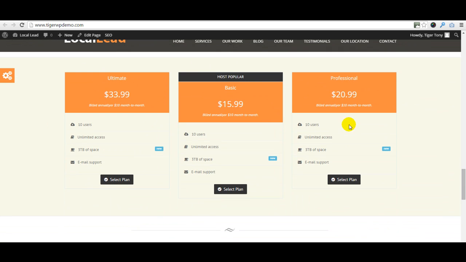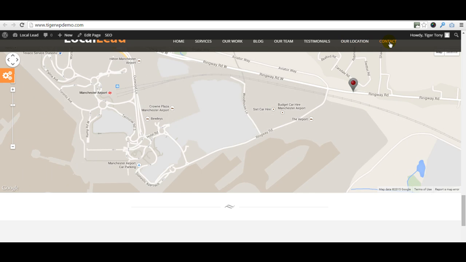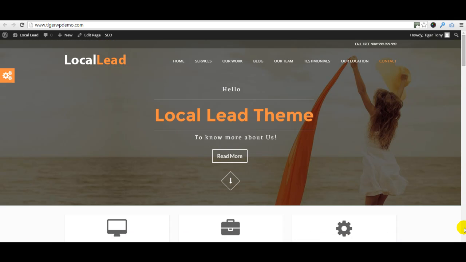Also got pricing tables. We've also got maps integrated. And we've also got a contact us form. In this case it's at the bottom, but as I said, all these elements are drag and drop, so if you wanted this contact form at the very top, it will be quite easy to do that. You could have that here quite easily just by dragging up to that position using the page builder, which I'll